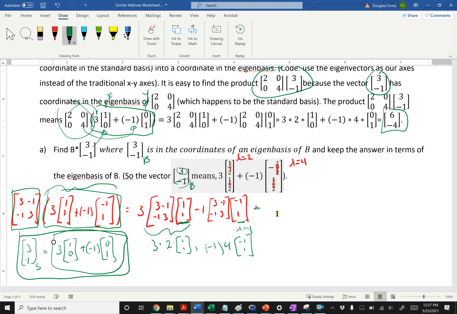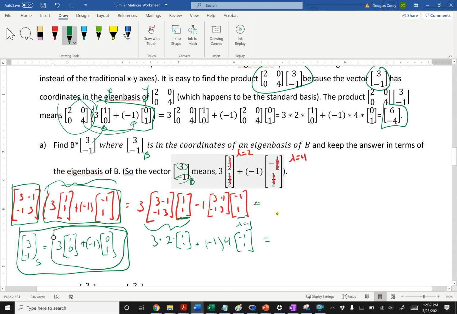And if we want to keep our coordinates in our eigenbases, I just want to know how much of the first vector do I have? Well, I have 6 of those. And how much of the second eigenvector? Well, I have a negative 4 of those. So that's going to be the answer